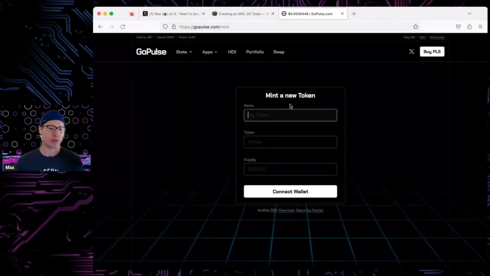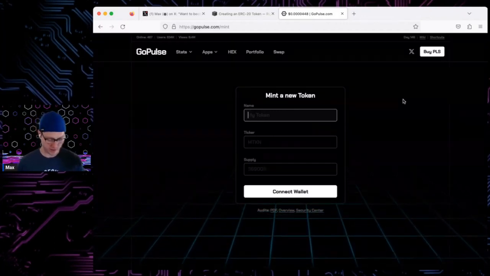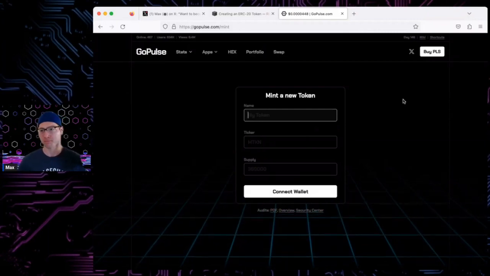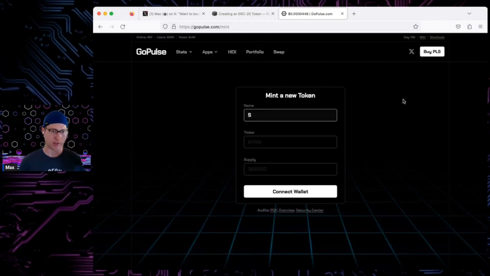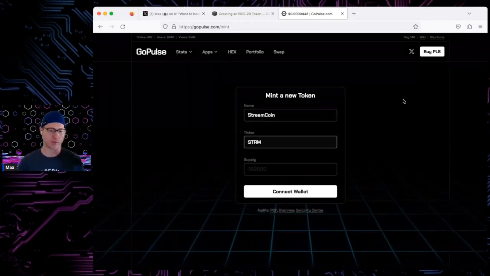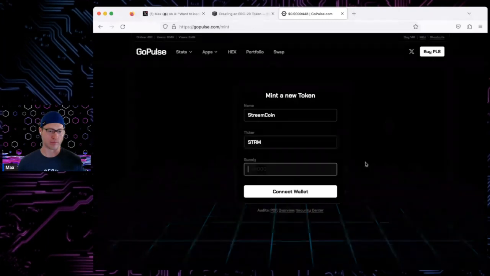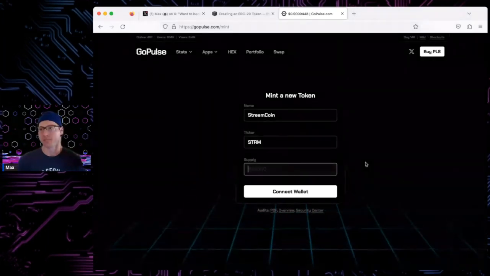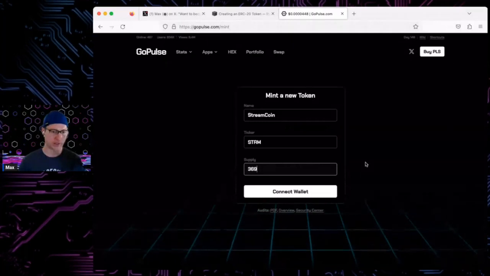And you literally mint a new token. Name. I don't know what's the name. Let's just call it Stream Coin with the ticker STRM. Sounds like Storm. It's a good one here. I mean, a lot of numbers come to mind, but I'm thinking, I mean, we could literally just do like,